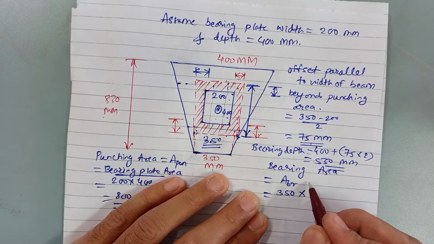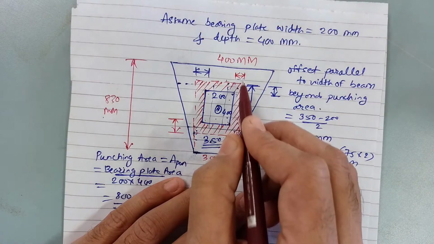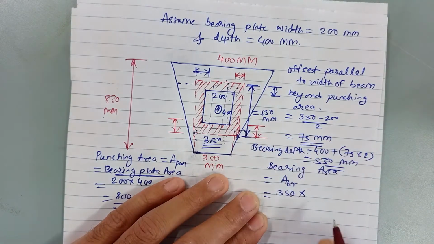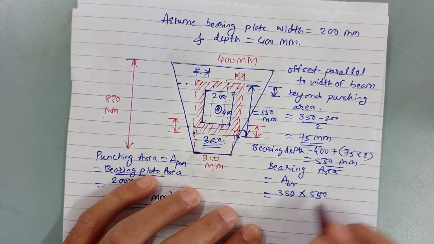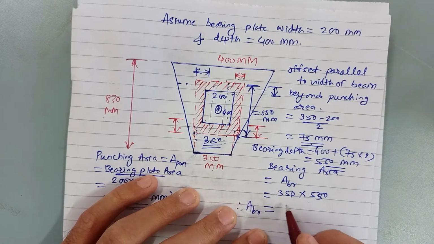Hence 350 will be the width, and total bearing depth will be 550 mm. 350 into 550, and we get ABR, that is bearing area, as